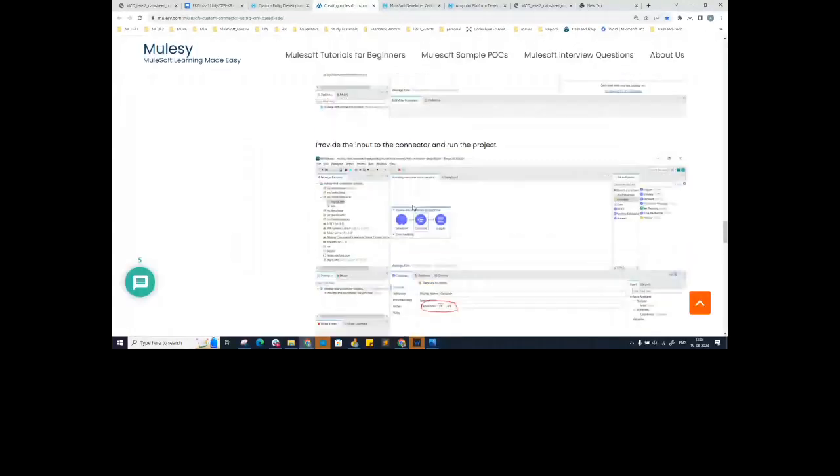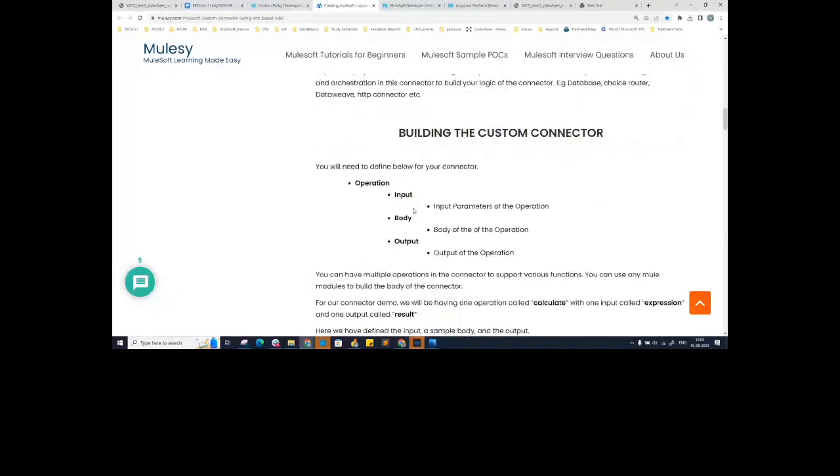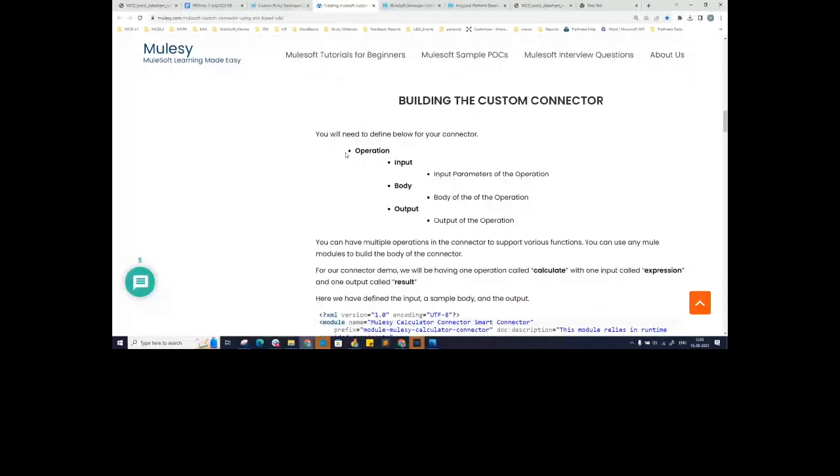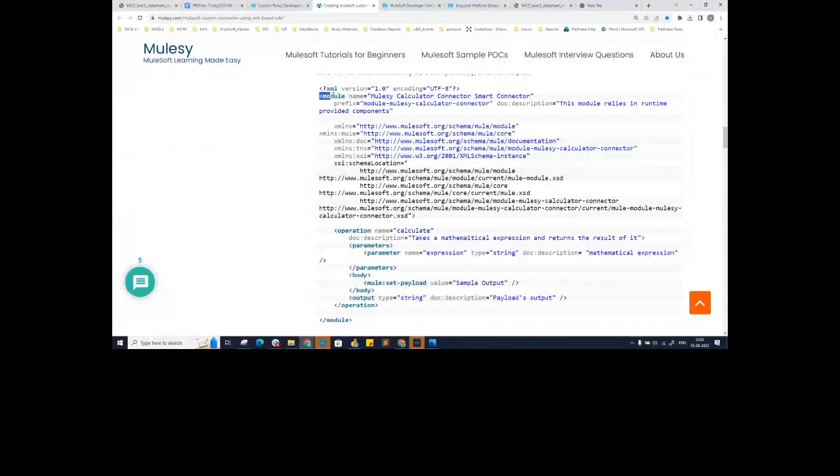But here is a quick link that I would like to show you in this particular training because it was easier for me to show you the structure. First of all, try to understand that XML SDK helps you to build your own custom connector in MuleSoft. The custom connector has a certain framework, it has a structure. Under the structure, any connector application will be encapsulated under a module. So that is what it was trying to tell you there: encapsulate it under module, and inside the module you create operations.